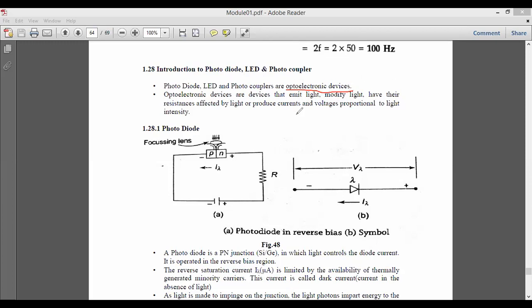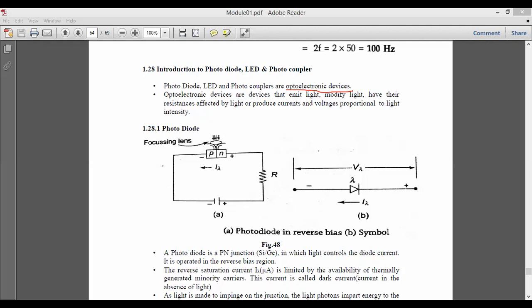So the photodiode, LED and photocoupler are three different devices, or you can say three different diodes, where we check how much light is emitted, what procedure we have adopted, and based on the type of material, how much sufficient light will come out of that LED or photodiode.